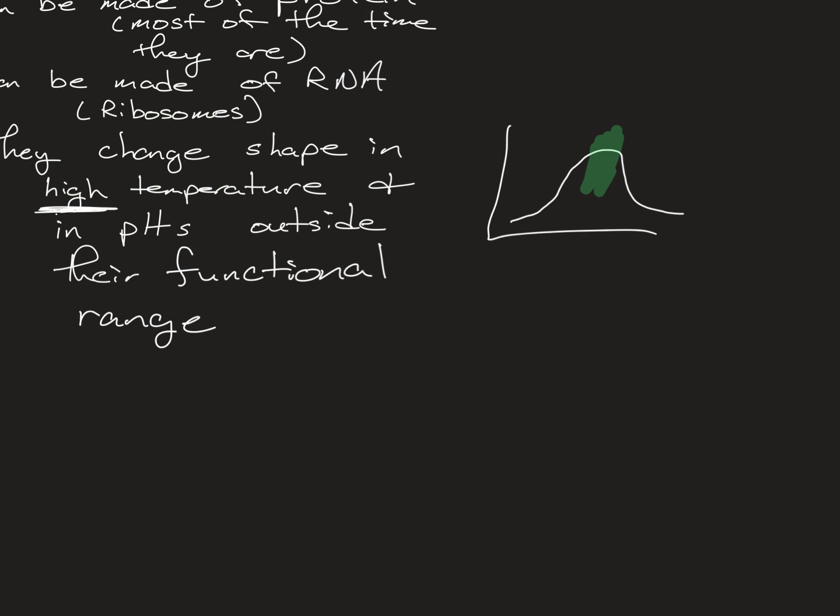Really, often what happens is that you get a drop in enzyme function. It looks like this. It's almost a falling off a cliff deal. But this optimal range is usually the temperature in which